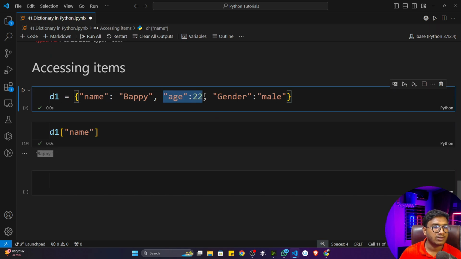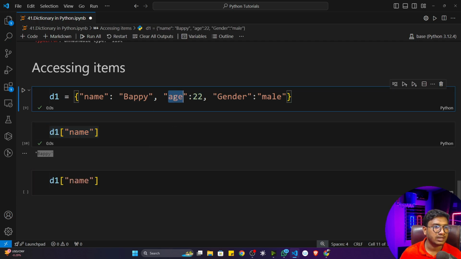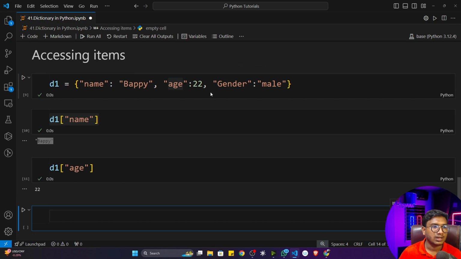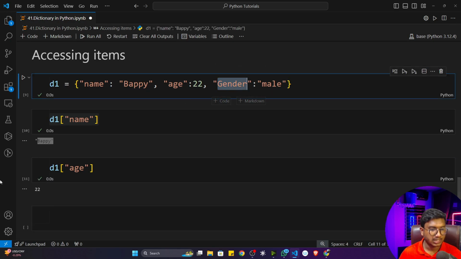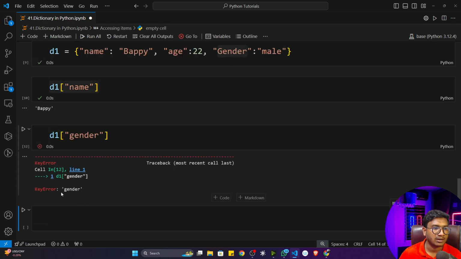Fine. Now let's say I want to access the age. Instead of name, I have to change this particular key to age. Now if I give age, it will give me 22. Now let's say I want to access this particular gender. Simply give the gender. If you give gender in lowercase, again it will throw you an error, a key error,